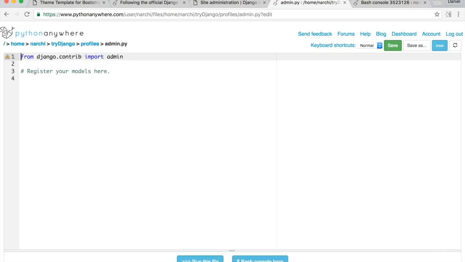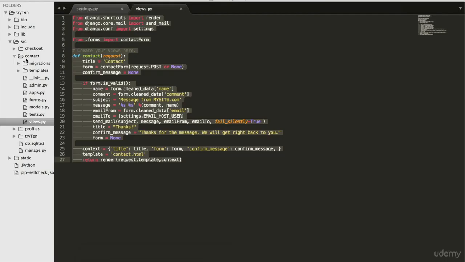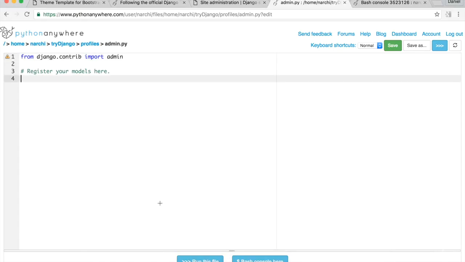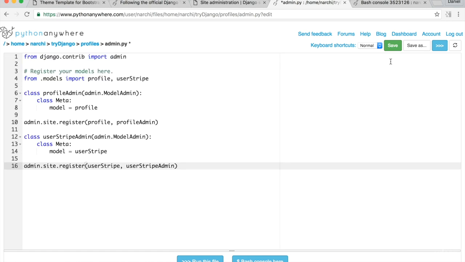Locally, in Sublime Text, copy everything from profiles admin.py and paste into PythonAnywhere's admin.py and save this on PythonAnywhere,